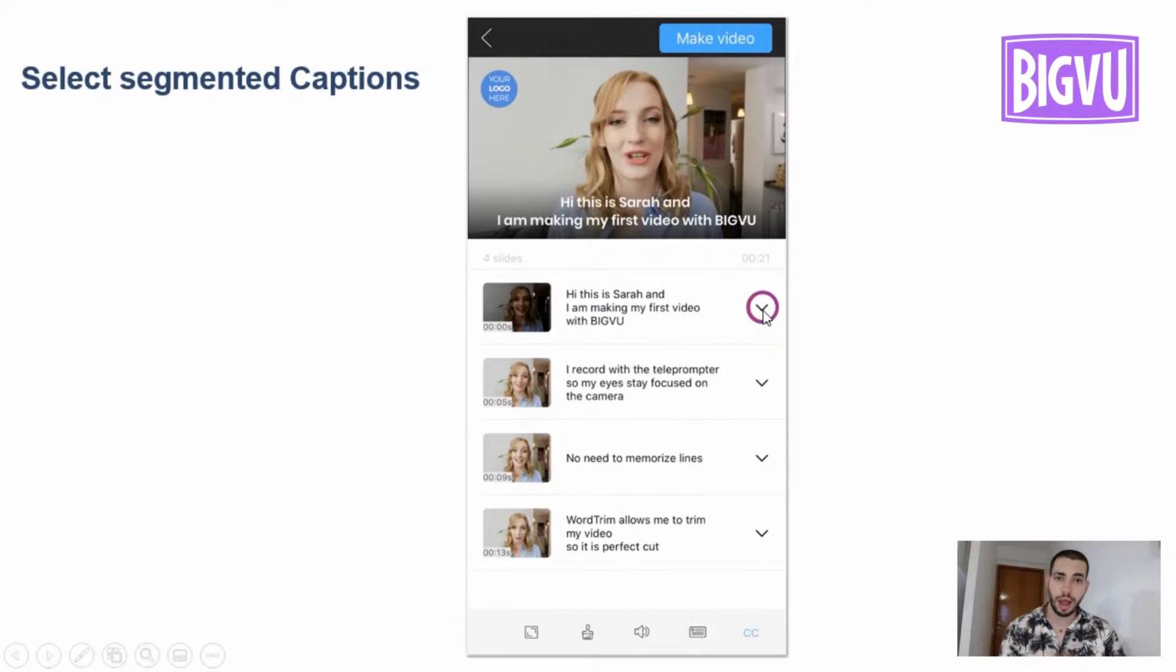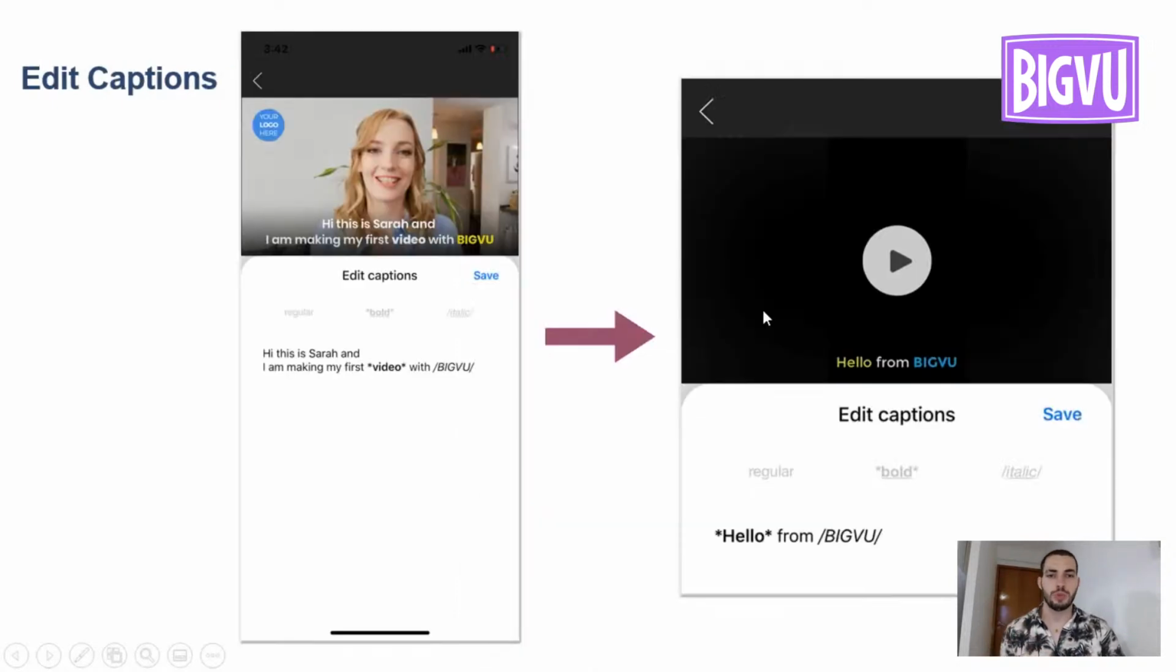Just click on this arrow and the option to add it will appear. Also, you can give some extra highlighting to a specific word if you want. You just have to put the word in the middle of these characters and you'll be able to do this. Okay,